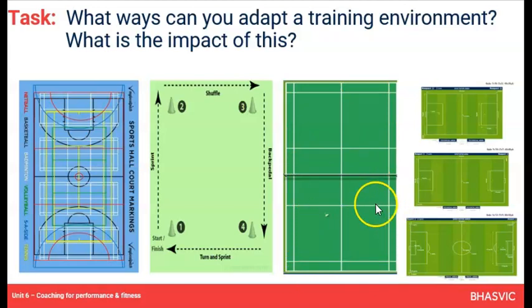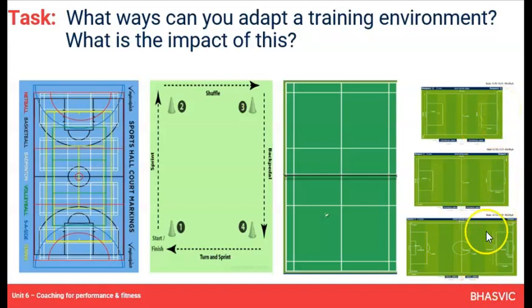If I wanted to practice tactics, for example, I want to get the players to practice hitting long and short shots in badminton so that I make sure they move their opponent, I might put cones across this area here and say this middle court area is out of bounds. I'm manipulating the environment and adapting it for a specific tactical outcome. Many sports are played on different size courts as well, so we've got mini versions, we've got full pitch and adapted sizes.